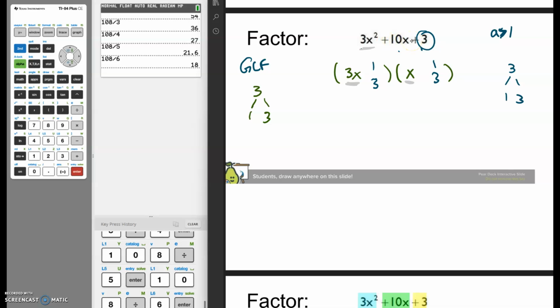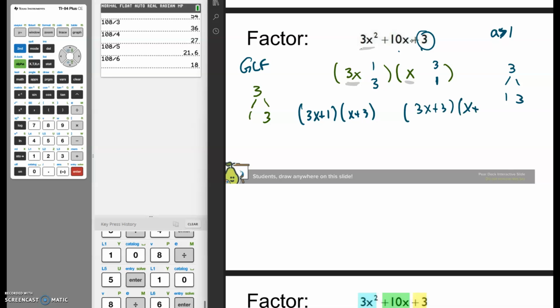Ooh, I wrote those two backwards on the other one, because if I put 1 in the first one, then I have to put 3 in the other one. If I put 3 in the first one, I have to put 1 in the other one. So if you don't know, it is just simply at this point guessing and checking. Is it 3x plus 1 times x plus 3? Is it 3x plus 3